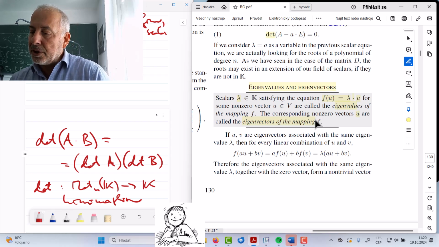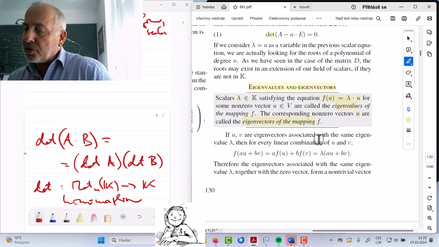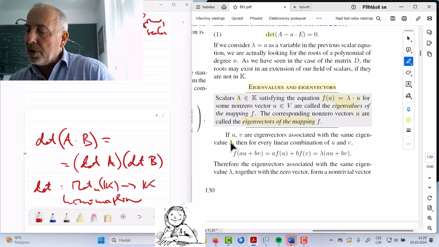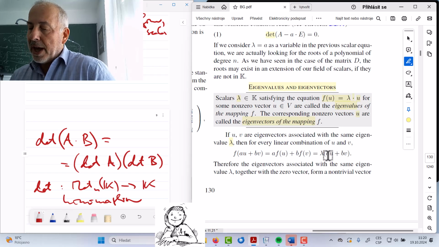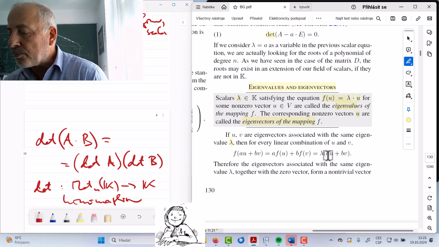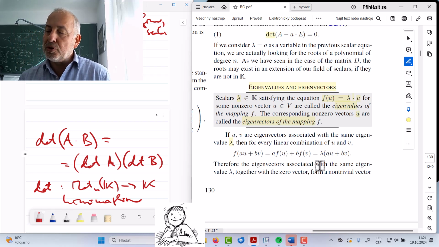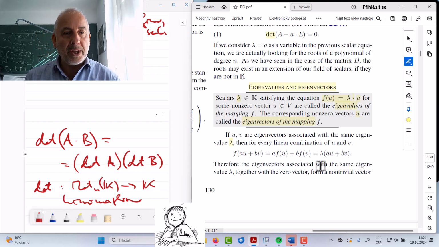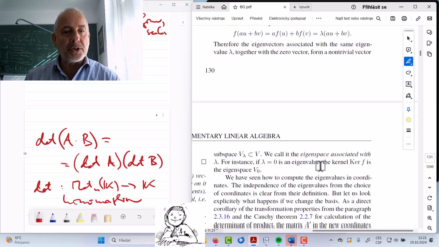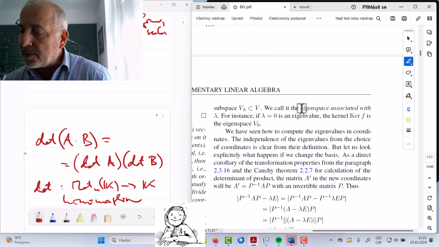And now you see that if you have two eigenvectors associated with the same eigenvalue, then of course any linear combination of them is also an eigenvector,